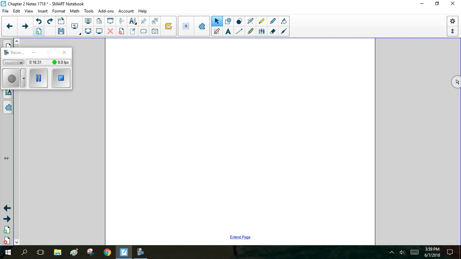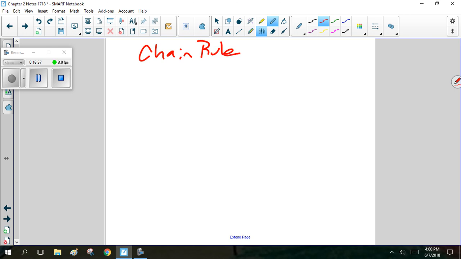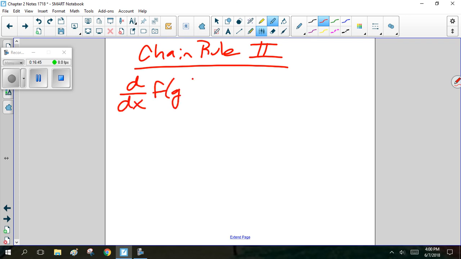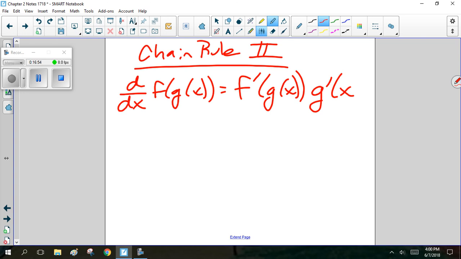So, chain rule part 2. Okay, so again, here's what the chain rule says. The chain rule says the derivative with respect to x of f of g of x is the derivative of f evaluated at g of x times the derivative of g of x. Okay, so